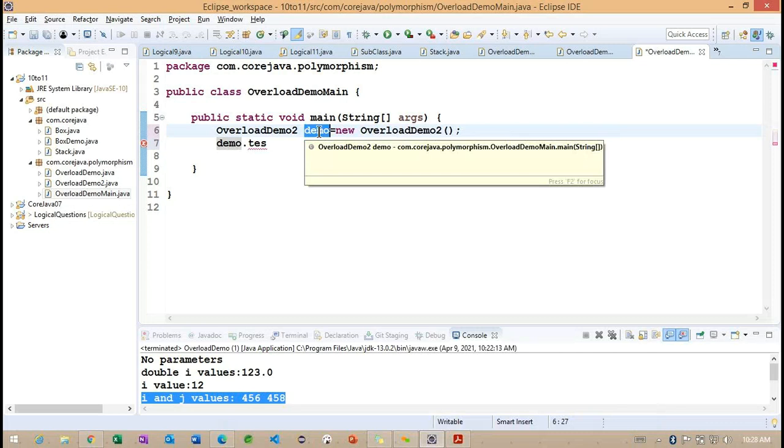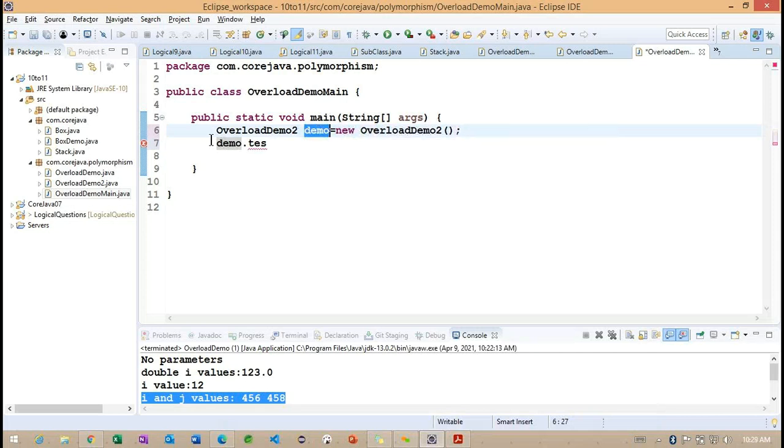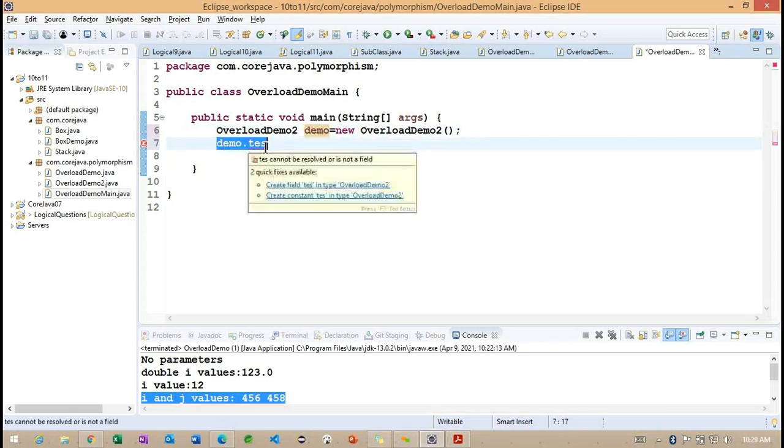The reference is unique, so whatever information we have inside this class, we can easily access. We can discuss this same example when we work with inheritance, so you will understand more how exactly it works.